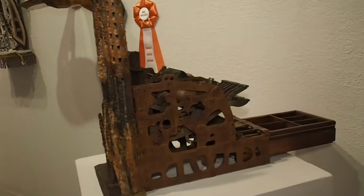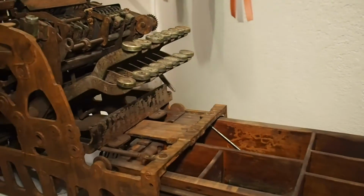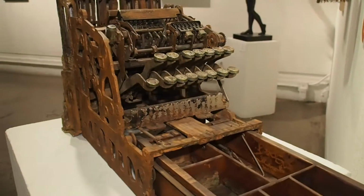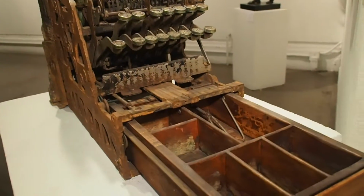So the facade is bronze, cast. It's a one-piece cast bronze facade. It's one of a kind. The cash register from 1937 has all the stampings into the drawer that tell you some history about the found object. And I worked